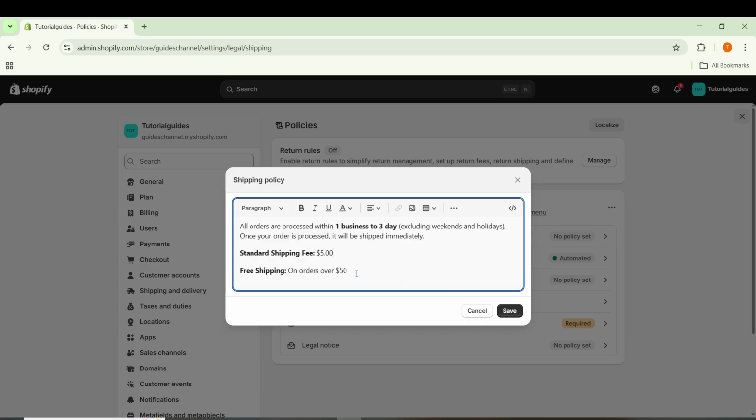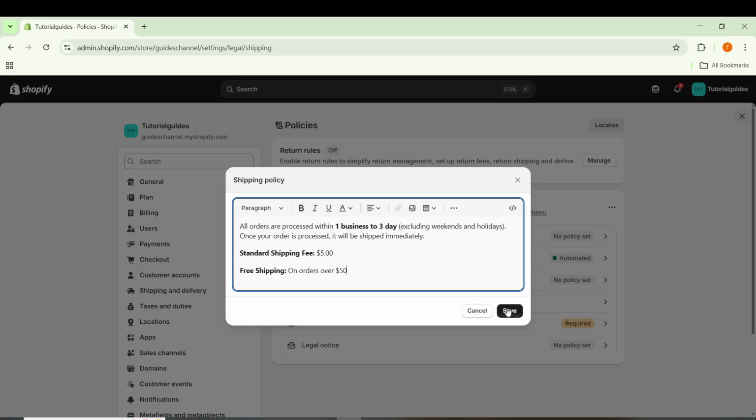Then include any local delivery or pickup options you offer. State the coverage area for local delivery, the cutoff times if applicable, and when pickup orders are typically ready. Clear instructions here prevent confusion at checkout. After that, explain how customers can check their order status. Let them know they can look for shipping confirmation and tracking details, and where those updates are typically available once